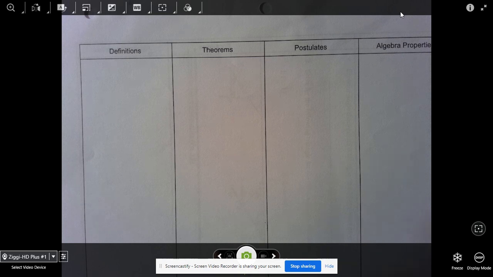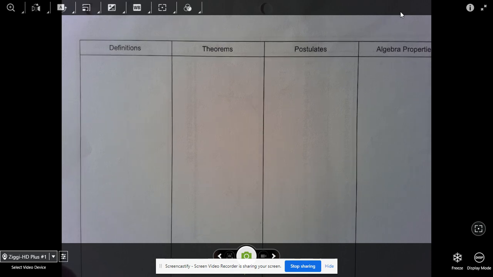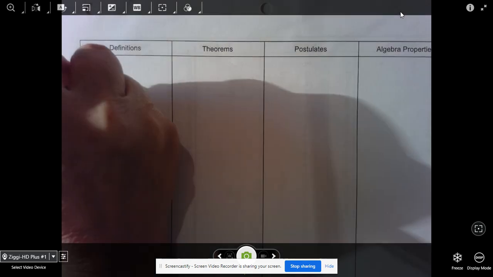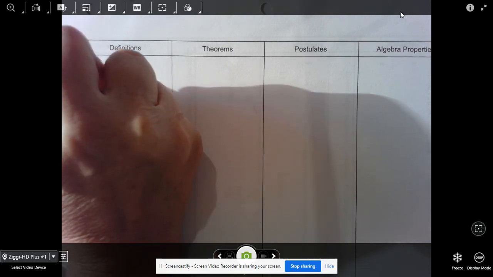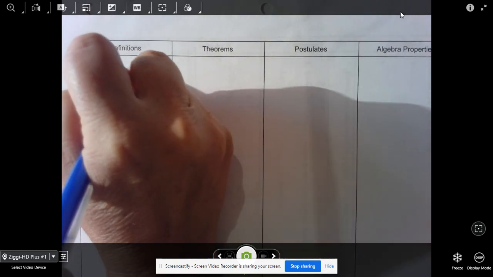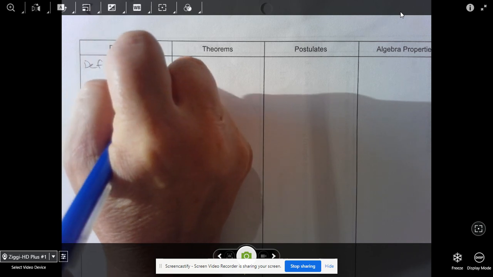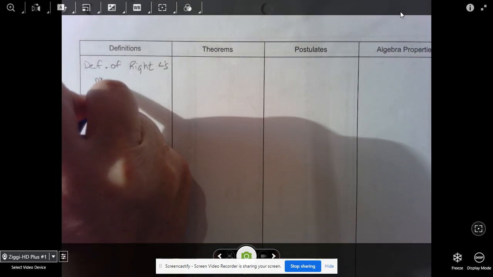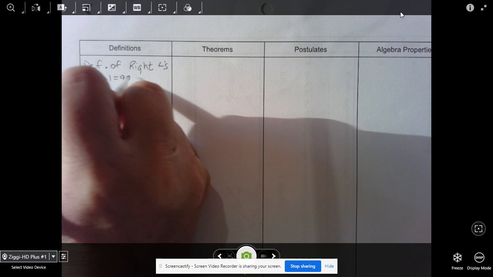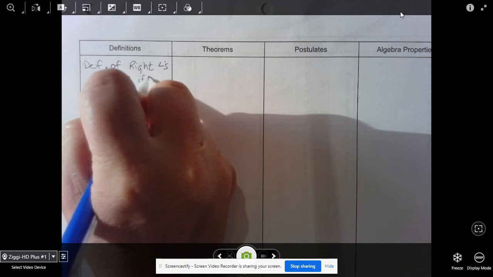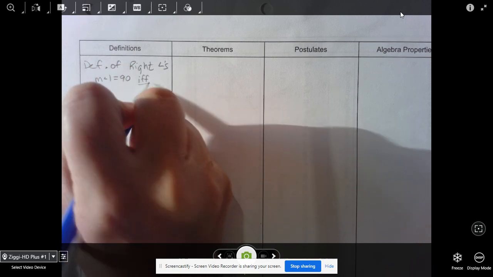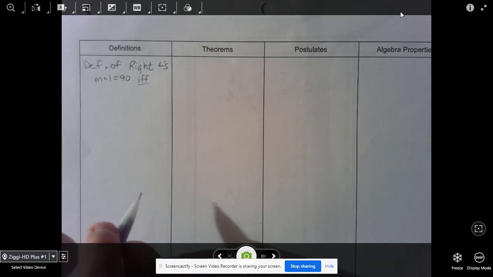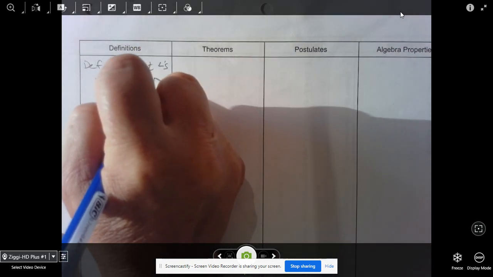And there's a variety of definitions that you already know intuitively and have been taught before. So the first one I want to talk about is the definition of right angles. And I'm going to use a lot of abbreviations so we can get a variety of things to work here. And this is used if we see that the measure of angle 1 equals 90, if and only if, you may have recalled this if and only if reference from your biconditional statements. If and only if angle 1